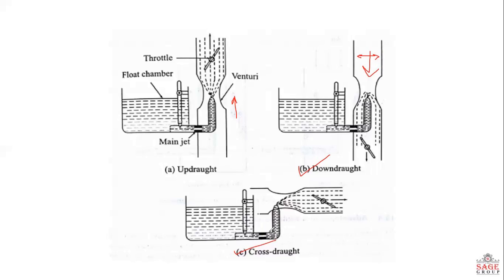In this, it consists of a horizontal mixing tube with a float chamber on one of its sides. By using this in engines, the one right angle turn in the inlet passage is eliminated and the resistance to flow is reduced. That is basically a type of minor loss which we have already seen in case of fluid mechanics. Then we have some more types,